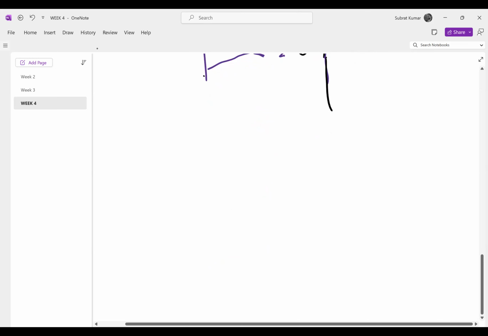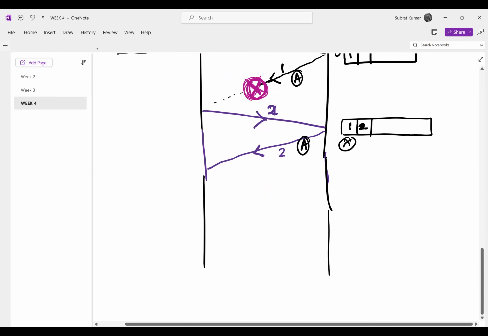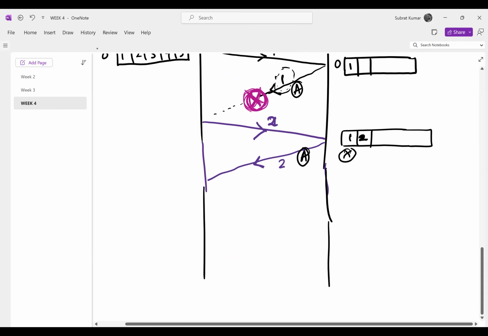It will wait for a certain time, and if 1's acknowledgement doesn't reach, there might be many reasons. It might be delayed somehow, there might be some traffic on the internet, or it might get lost in between. If it is delayed, it will wait for some time and give it a chance to reach the destination. But if it doesn't reach after a while as well, then it is considered lost in between. So it will